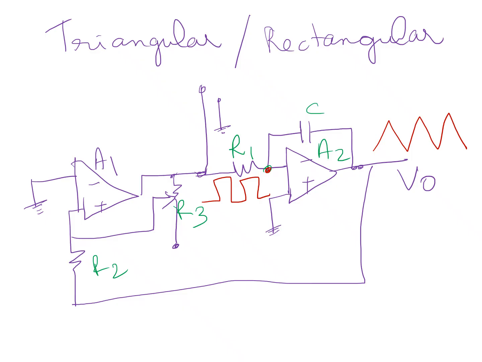Let the output of the Schmitt trigger be plus V sat. This forces the current plus V sat divided by R1 through the capacitor. The charging of the capacitor C1 with polarity positive to left and negative to right. This produces a negative going ramp at its output for the time interval T1 to T2. Now the direction of the current through the capacitor reverses. I will draw the waveform of the